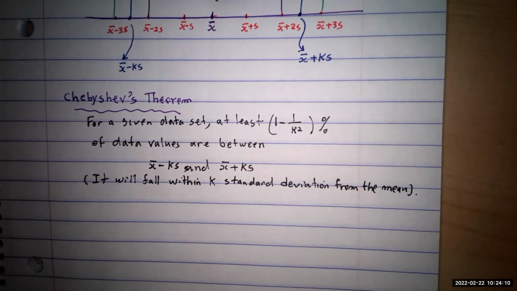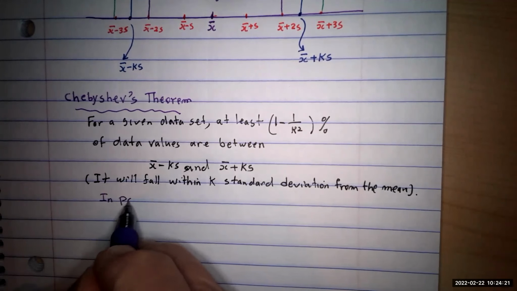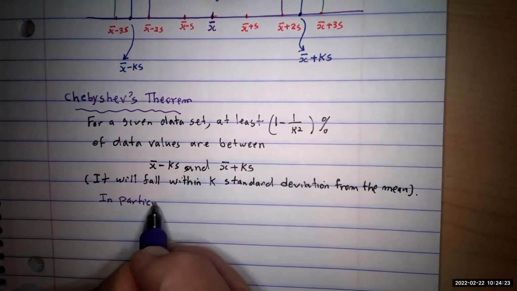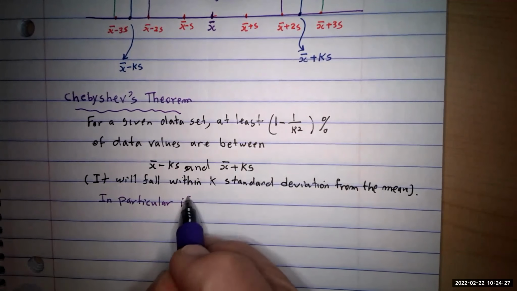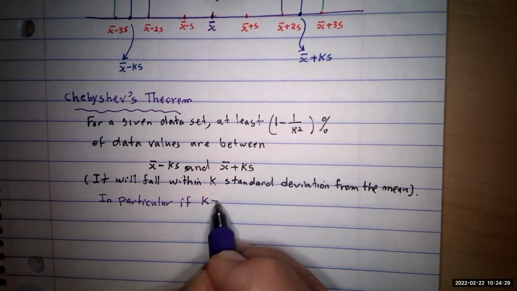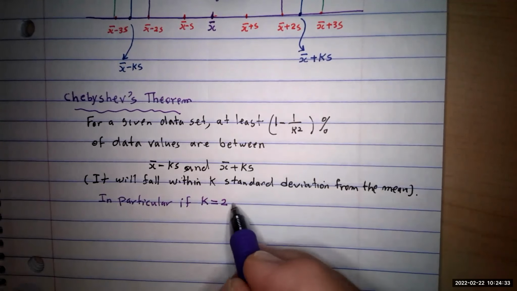There are two of these numbers that are most commonly used, so we are going to check those. Now, in particular, two cases. If k happens to be equal to 2, two standard deviations from the center, if you do the algebra, you see, then